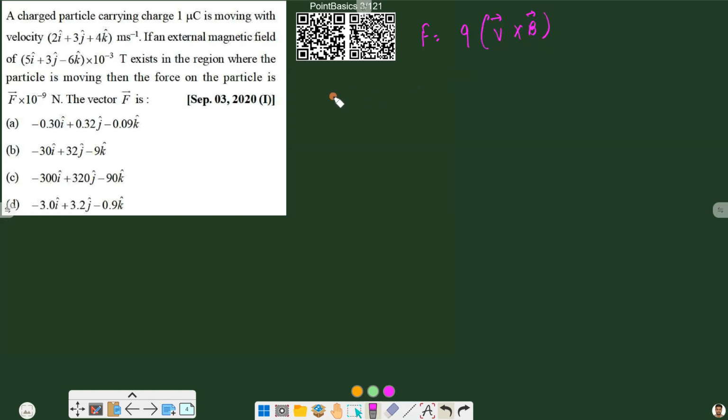The value of charge is 1 microcoulomb, so 1 into 10 raised to power minus 6, and here we will use a matrix because we have to find the cross product. So I, J, K. First we put the values for velocity, 2 3 4, and then for the magnetic field, which has a 10 raised to power minus 3 that will stay outside, we have 5 3 minus 6. So it will be 10 raised to power minus 9 into